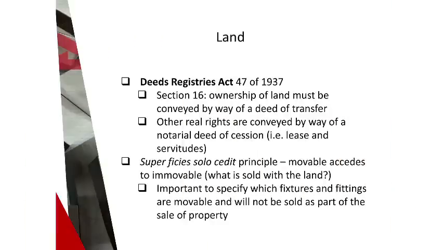So that's ultimately why we register things in the deeds office, for the publicity principle, so that the records are made available to the public, and people ought to know that these rights exist. Okay, so that's the first thing. Real rights are enforceable against the entire world. And then, more importantly I think for real estate agents and for property lawyers, if a real right is classified as an immovable, then you can register a mortgage bond over that real right.